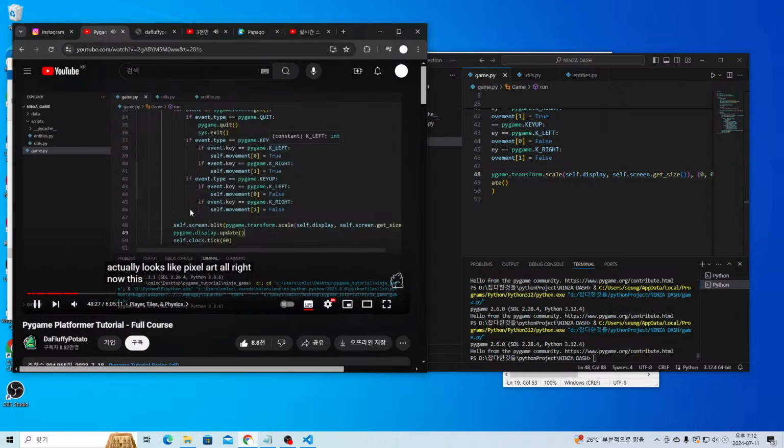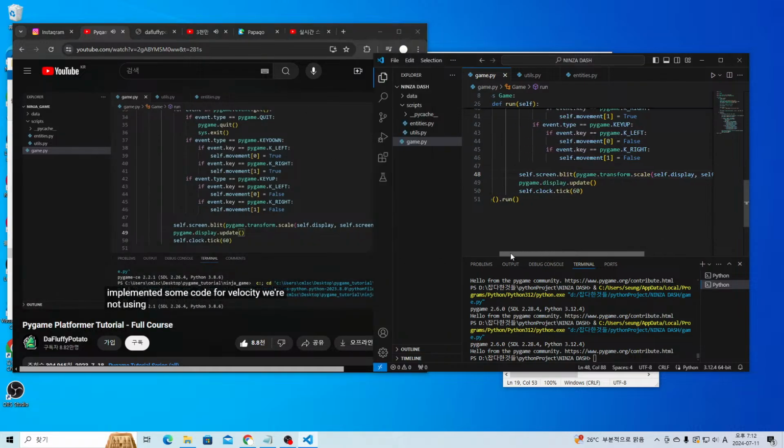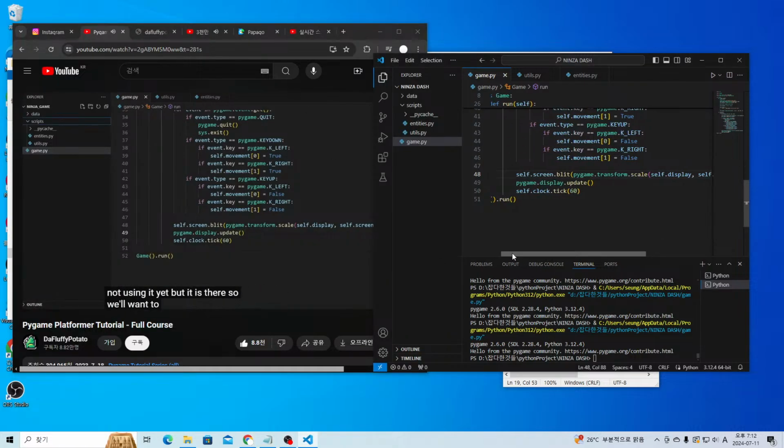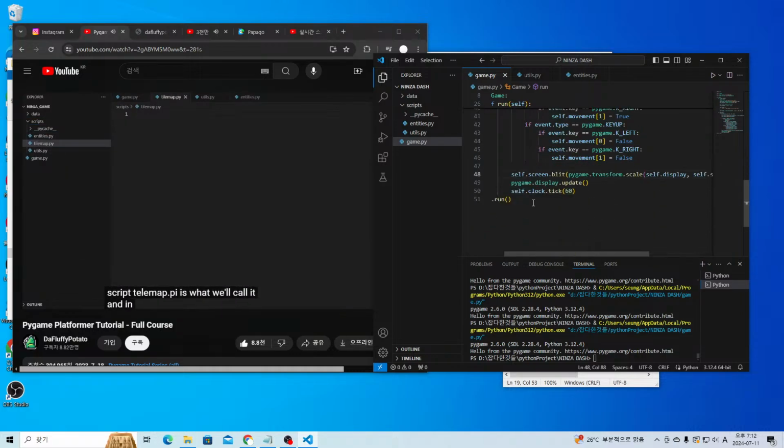Alright, now this is where things start to get crazy. We're gonna get into tiles and physics. Well, we've already done a little bit of physics in the sense that we've implemented some code for velocity. We're not using it yet, but it is there. So we'll want to create a new tile map script. Tilemap.py is what we'll call it. And in here we'll want to create